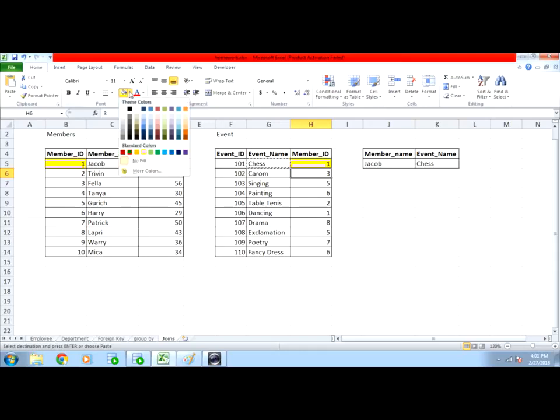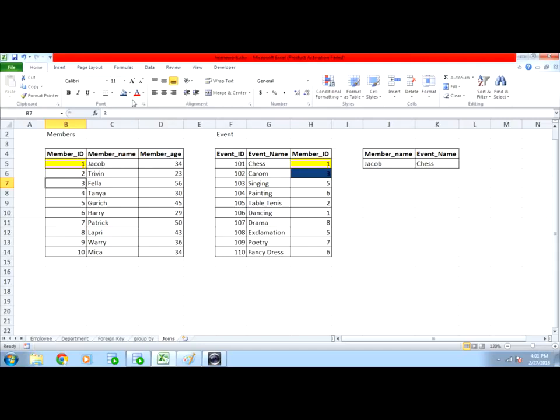This 3 matches with the third member ID of the members table. This means Fella plays carom.